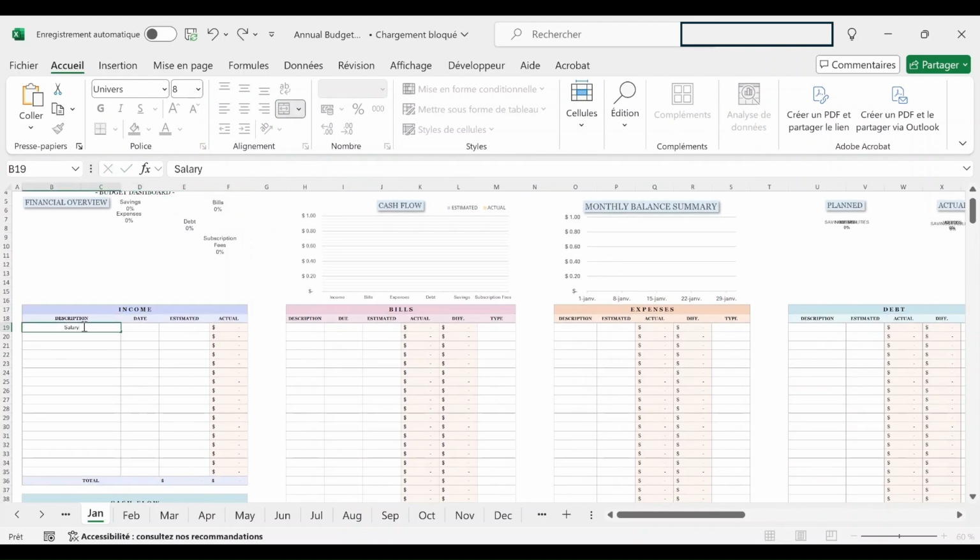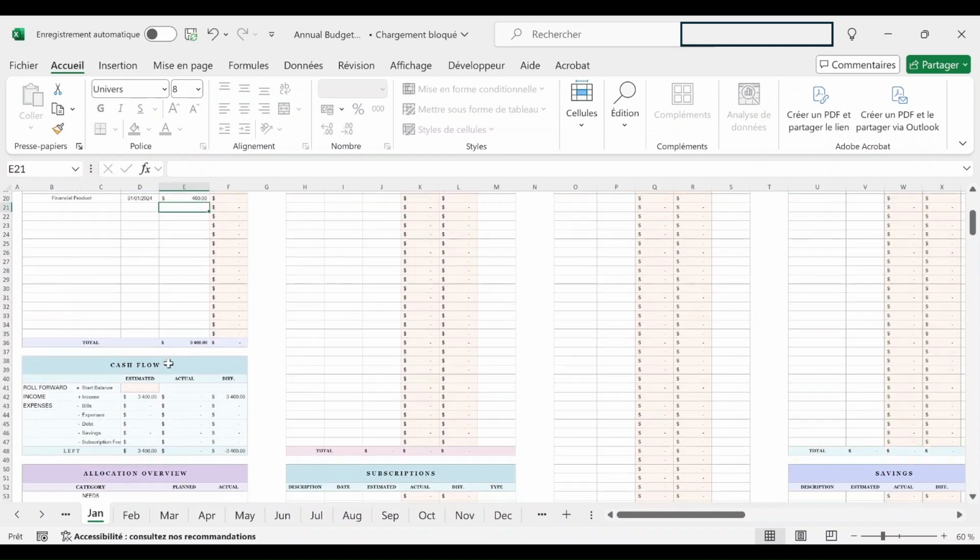Next, let's scroll up and work on our income table. We'll enter Salary 1 here, along with the pay date and the planned amount. The actual field will automatically update once we input this in the transaction journal. Let's add another income source by entering the date and the planned amount. We don't have any rollover to account for, but if you did, you would enter it in the cash flow